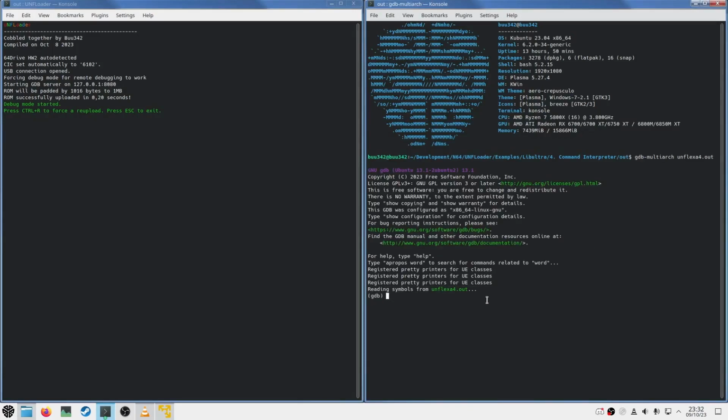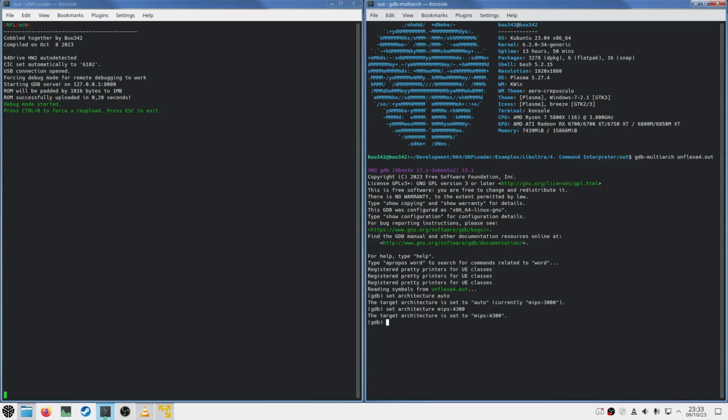Now, because we are using an ancient version of the GCC compiler, GDB isn't going to be a great experience because it's missing a lot of debug information. In fact, GDB even struggles to detect what's in this ELF file. For instance, if we type set architecture and then auto, since it's automatically selected, we're going to notice that it actually says MIPS 3000. This is wrong because we're on MIPS 4000. So we need to correct this manually by calling MIPS 4300. So now the architecture should be set properly.